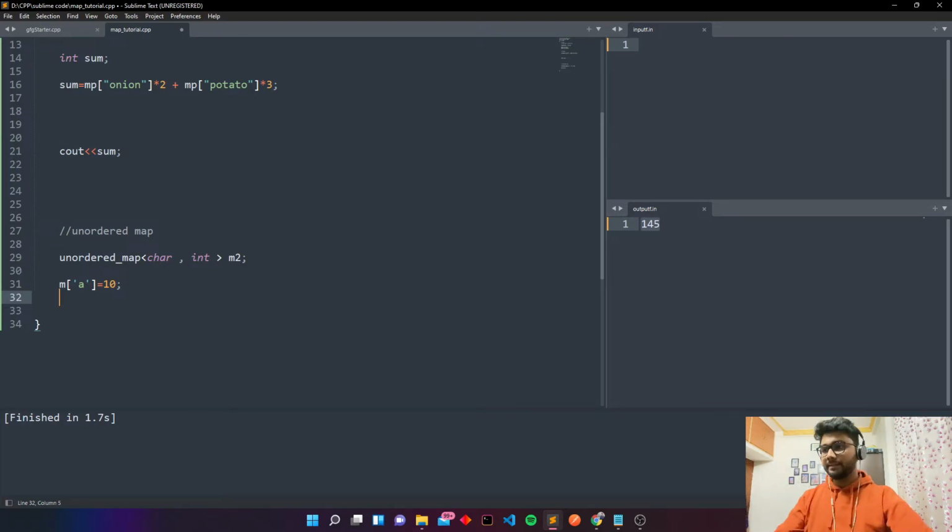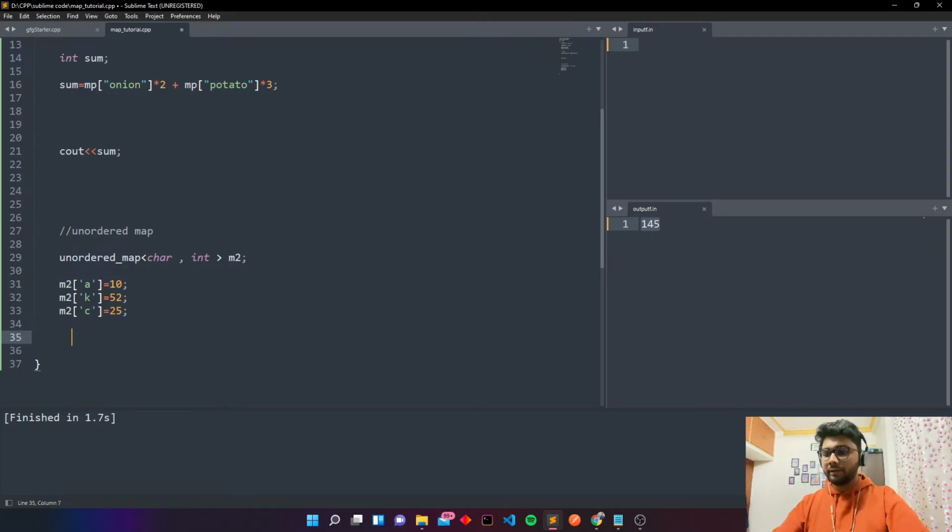We have initialized it. Okay, now you will write m2 of 'k' is equal to 50. m2 of 'c' is equal to 25. Okay, so now here let's see how to iterate the map.